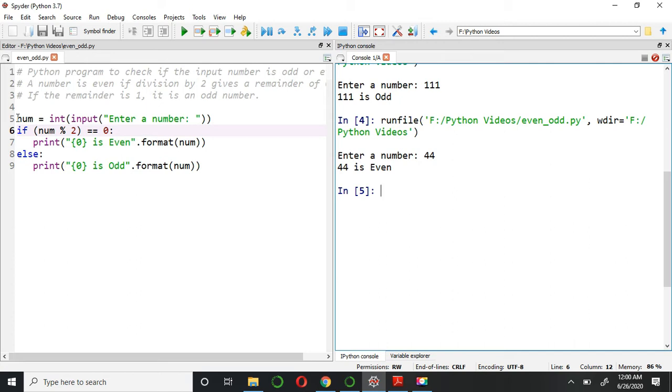In our upcoming program, we are going to check whether the given number is prime or not. So till the time you practice for this program, I'm going to write the code for the upcoming program.